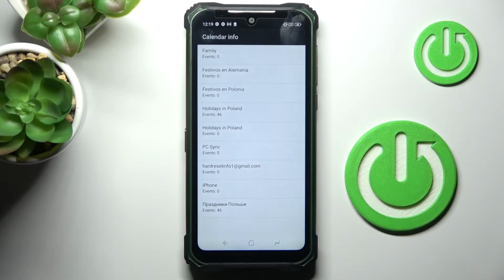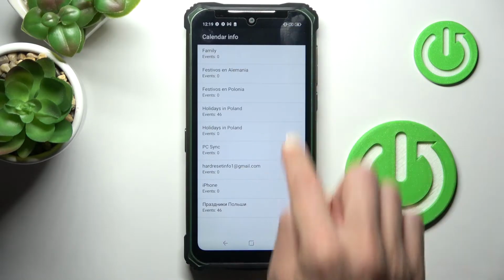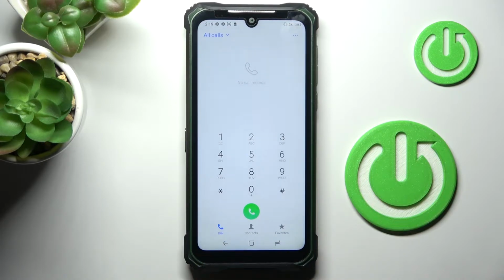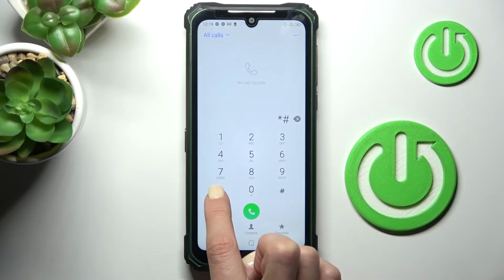So if you would like to check all upcoming events, simply enter this code, and data from all calendars connected with this phone would be displayed right here, so you will not forget about any important event. And let me go back then. Another code that you can use here is *#*#